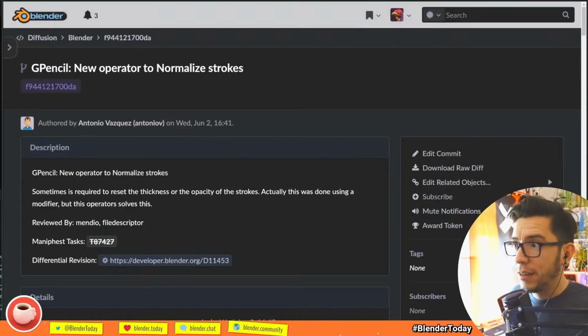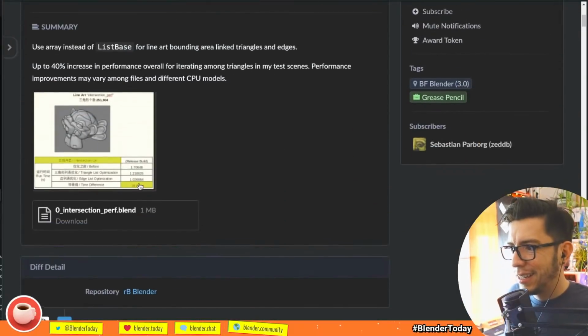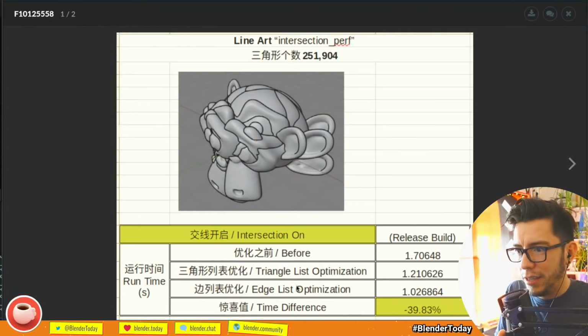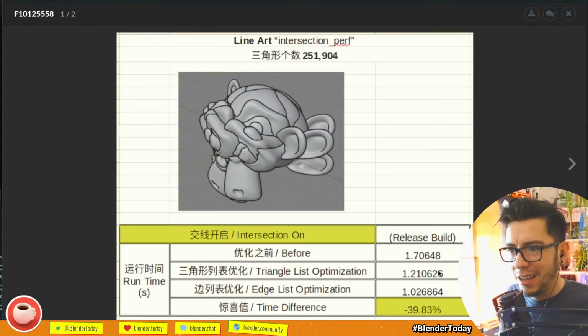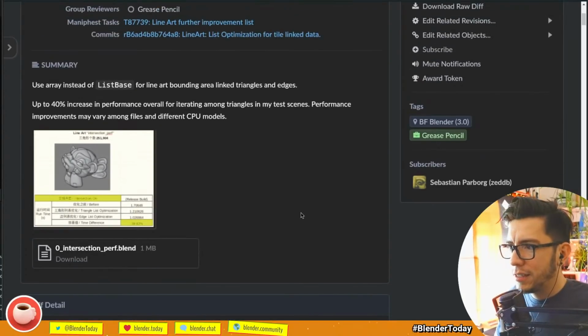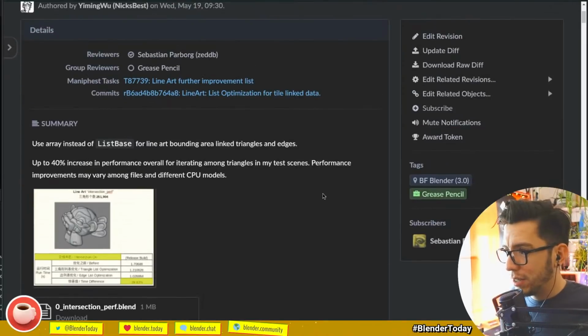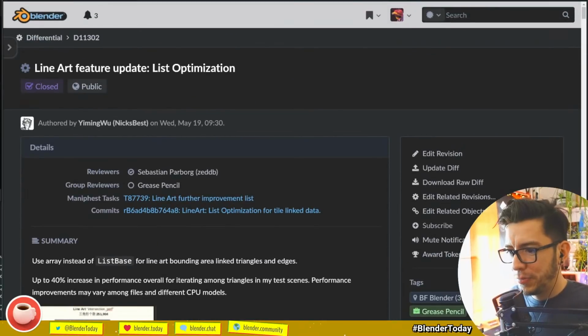Now this one in line art is around 39 to 40% faster, basically by just changing the way the triangle edges list is stored. That's super neat. Up to 40% increase in performance overall for iterating among triangles in my test scenes. Performance improvement may vary among files and different CPU models, but hey, 40% faster. Wow,